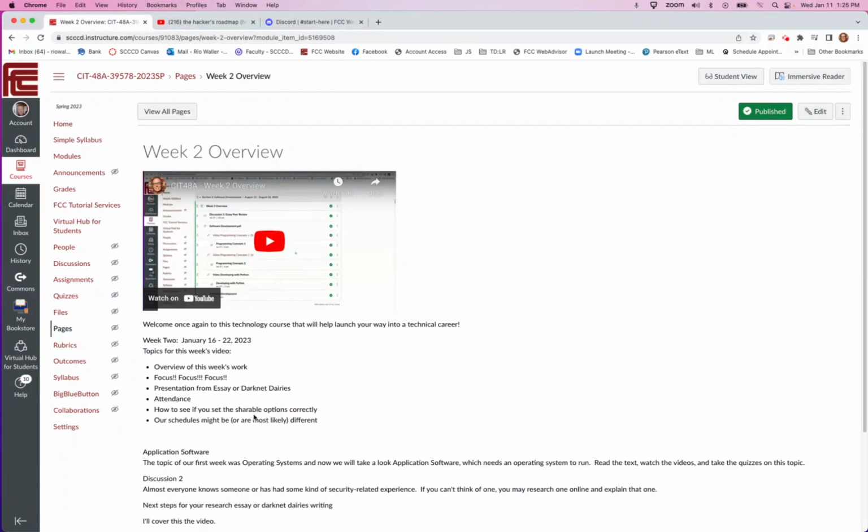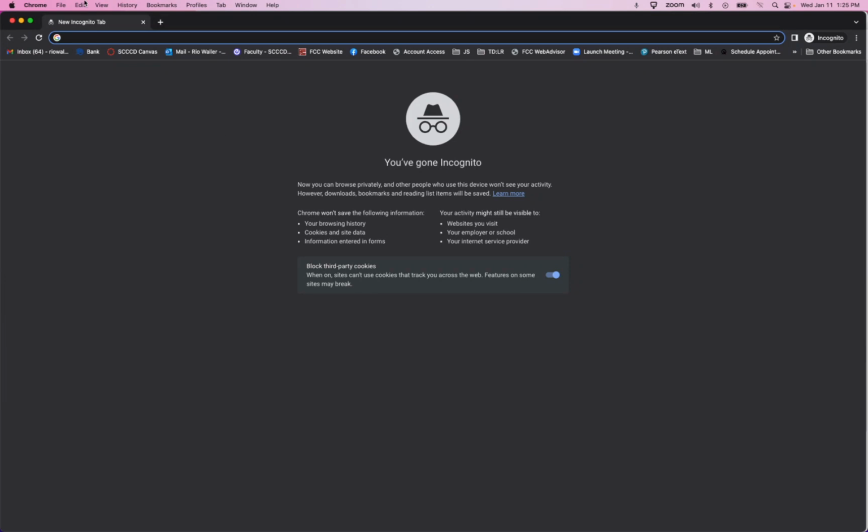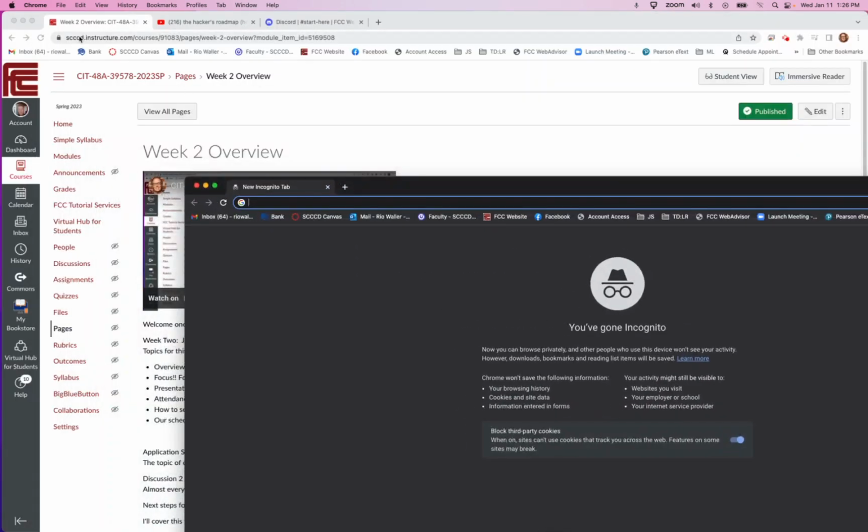But here's one thing you can do when you have your link. And I'm going to show this in Chrome, but I believe all other browsers have it. There's something called an incognito window. So the reason this is important is if I paste a URL into an incognito window, it'll actually show me what it looks like from the just general web perspective, and not how I'm authenticated into the website, right? So like, as an example, over on this browser tab, I'm logged into Canvas, I'm logged into my Gmail. So if somebody gave me a link, right?